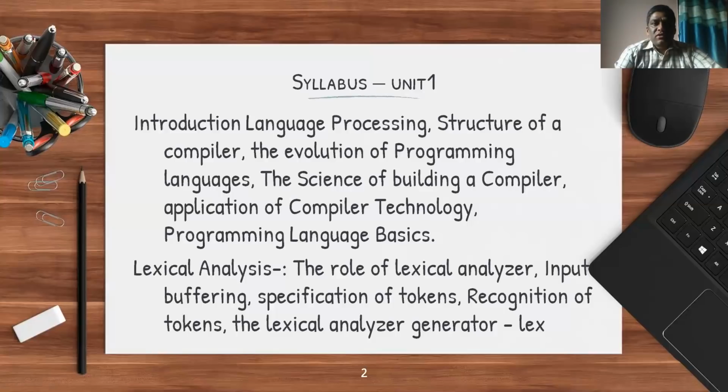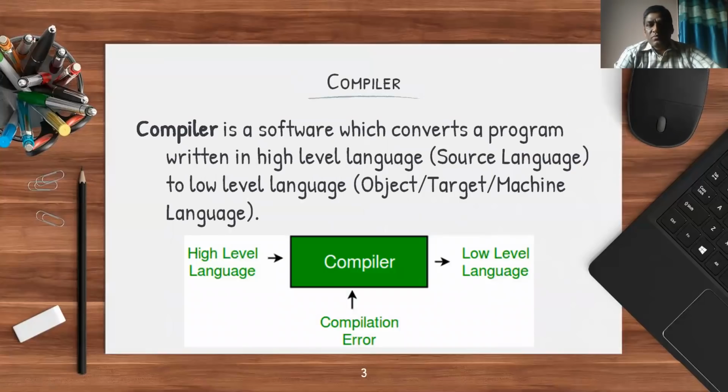And let us start our introduction part. What are the several components of language processing and all? So the first component of any language processing system that we need to understand is a compiler. I think all of you know what is a compiler. You use this compiler in C language also while going through Linux editor by writing a C program and saving it with .c extension. You will compile that program by using a command called cc. So cc stands for C compiler. So there you come across this compiler.